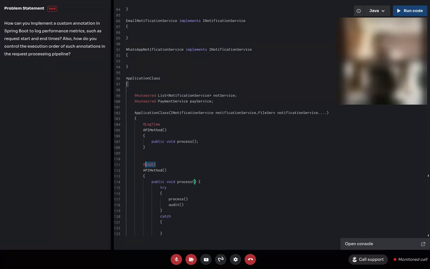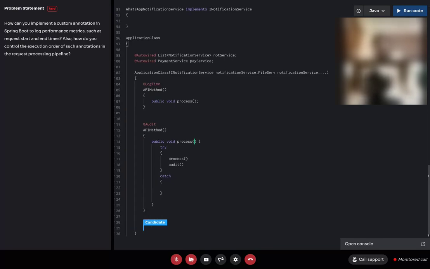Or else, the other way of doing this, if we have a common implementation for both, and let's say some third requirement comes in, error analysis, where you only want to log the start time, you don't want to log the end time. In that case, what we can do is make the log functionality in such a way that